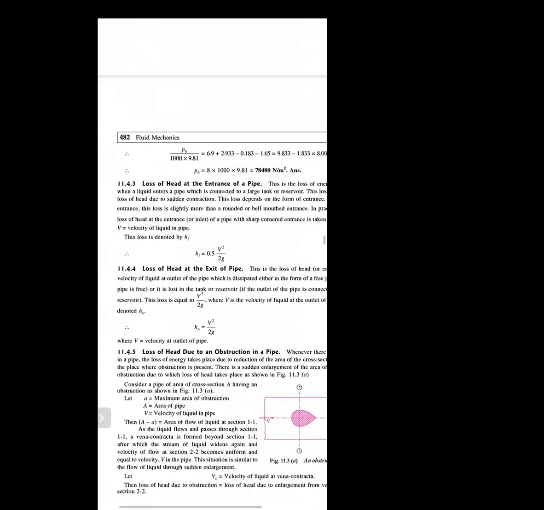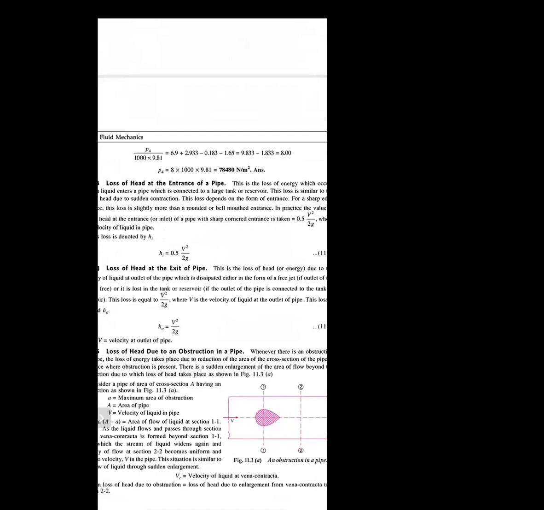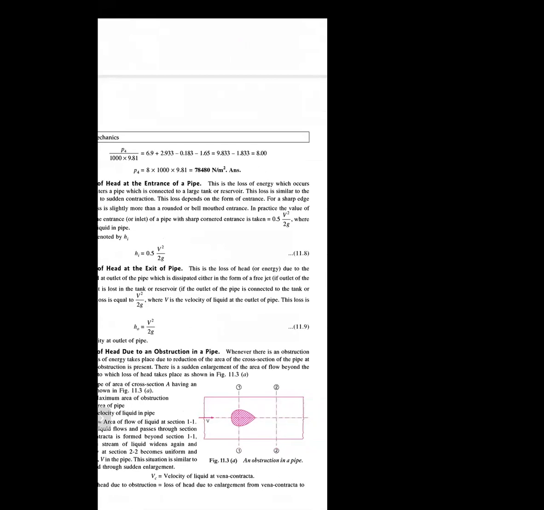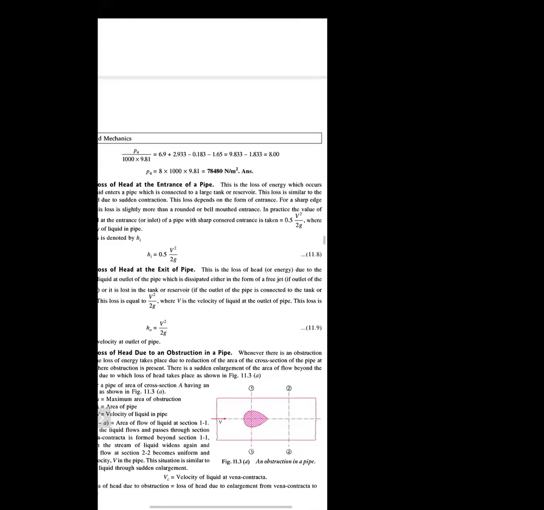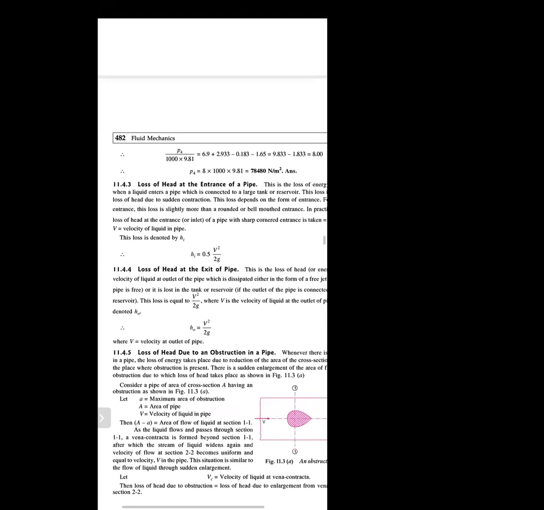Then third minor loss, loss of head at the entrance of pipe. This is the loss of energy which occurs when liquid enters a pipe which is connected to a large tank or